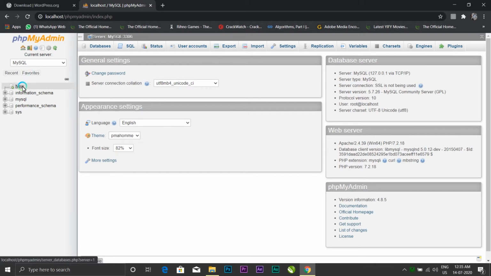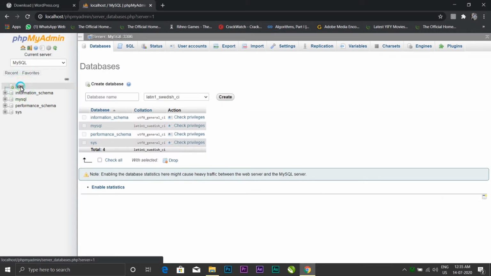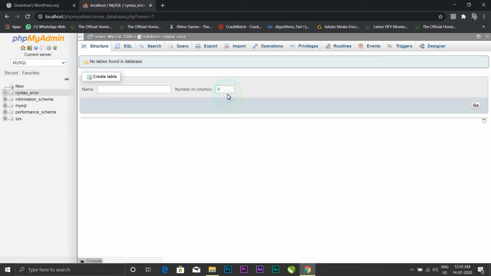Click on new database. The database name should be the same as your website, because if you are creating a lot of websites, it helps you understand which database is for which website. In my case it's syntax error, so I'll write syntax underscore error, go, and the database is done.